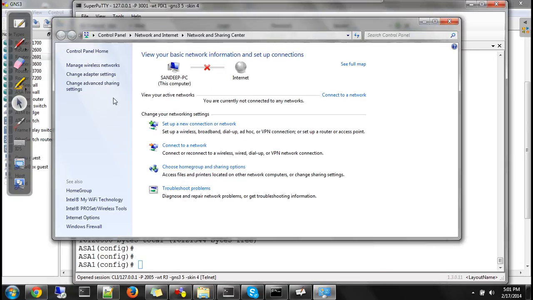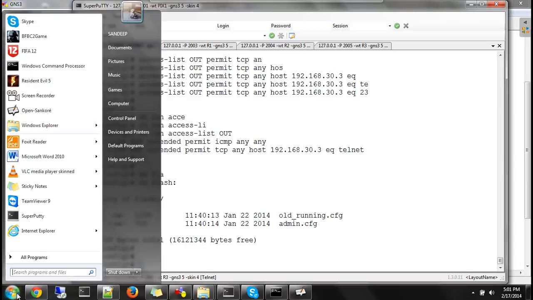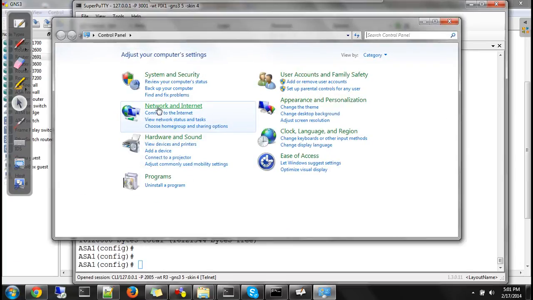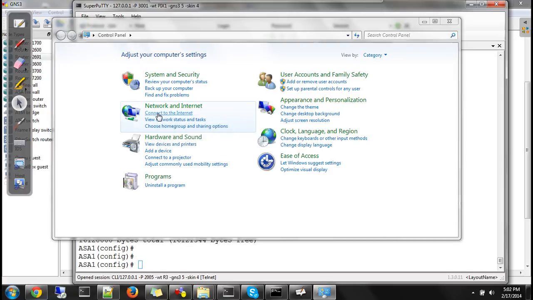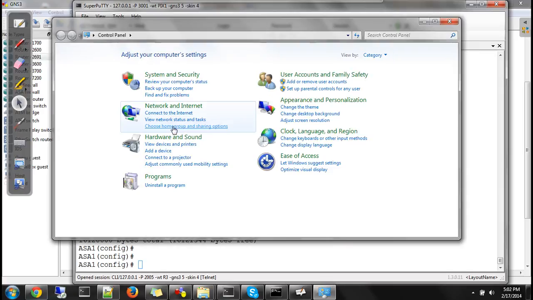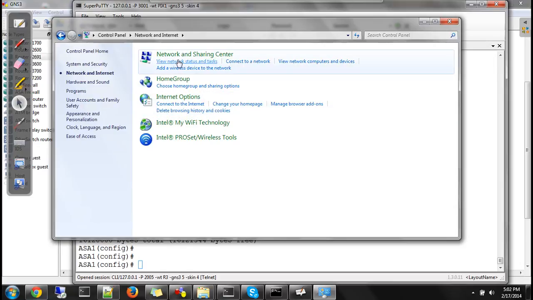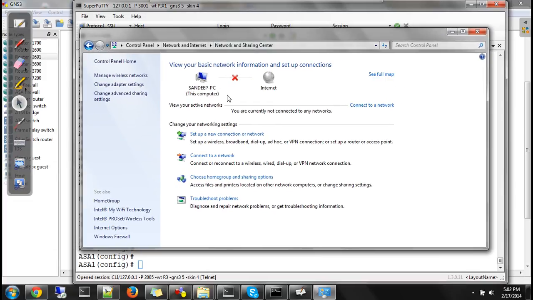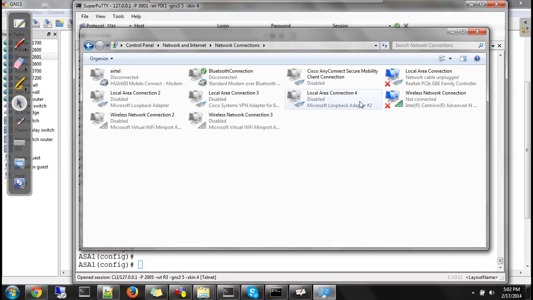once this is done, go to start, control panel, network and internet, network and sharing center. You will come to this page. Once you are on this page, click on change adapter settings and look for the new loopback adapter that you have created.